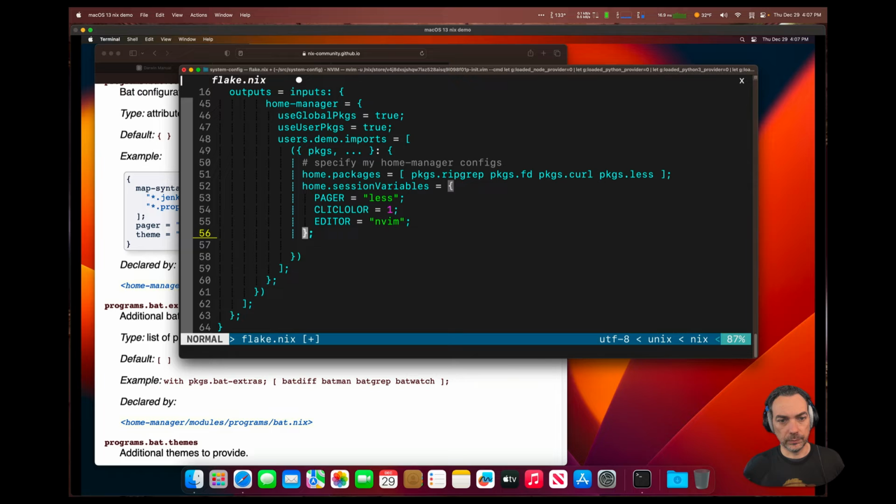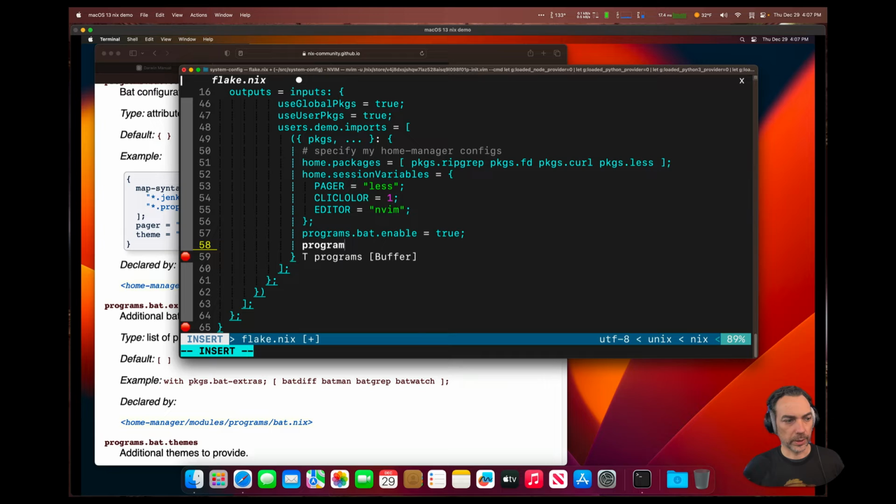But using bat as our example, we're going to say programs.bat.enable equals true. And we're going to use programs.bat.config.theme equals "TwoDark", because I like how that looks. And then let's do that with a couple other things. Let's go do